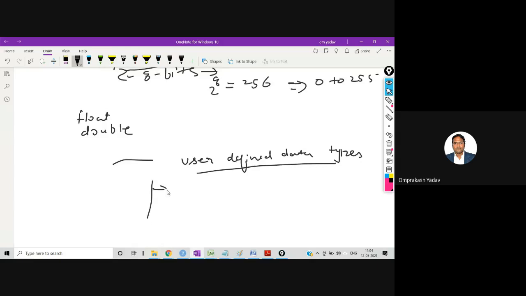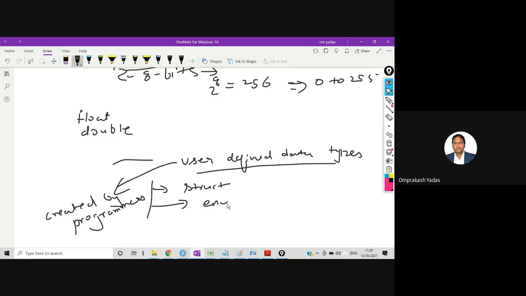Whichever data type is created by the programmer is called a user defined data type. For example, the programmer can create struct type data, then enum type data, then array kind of data. All these will be user defined data types.